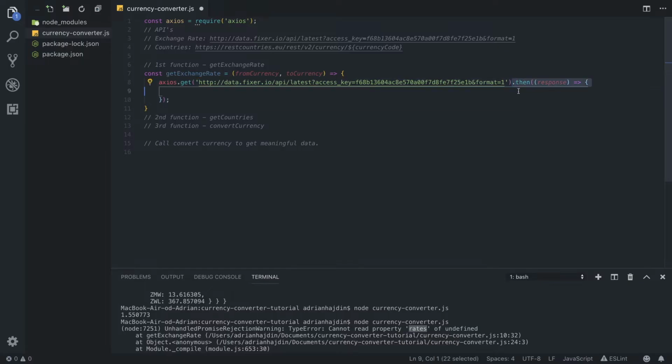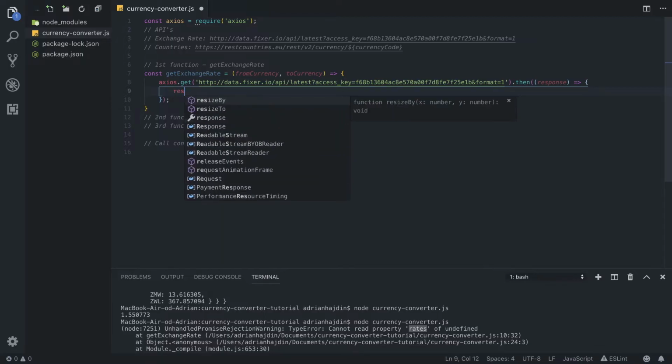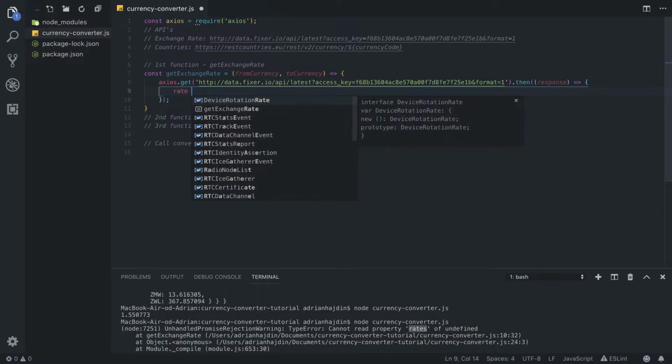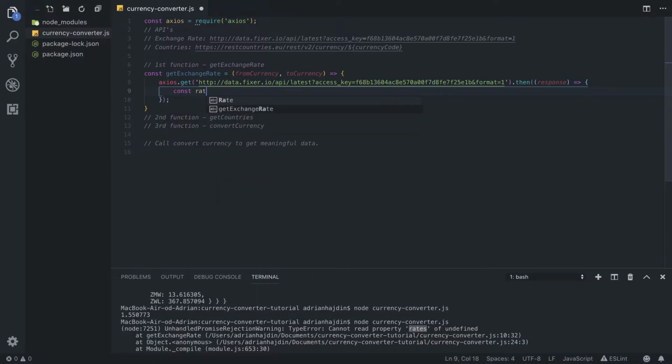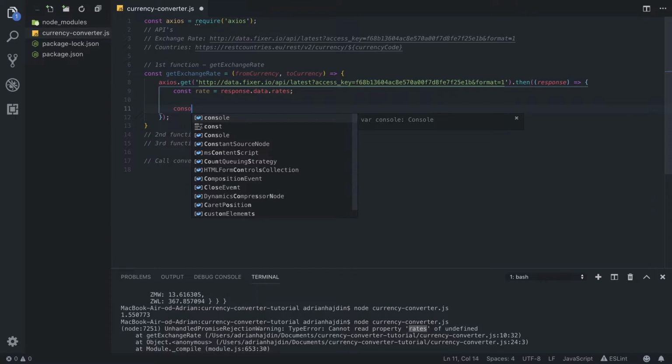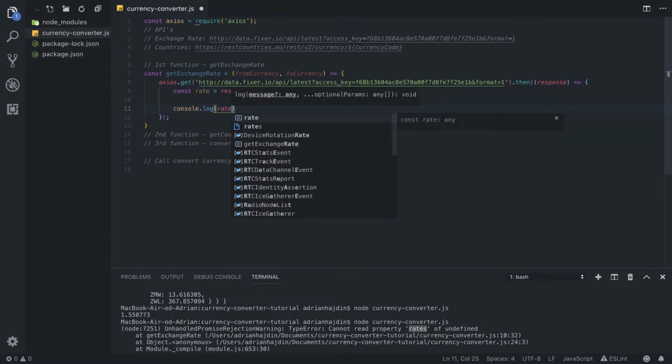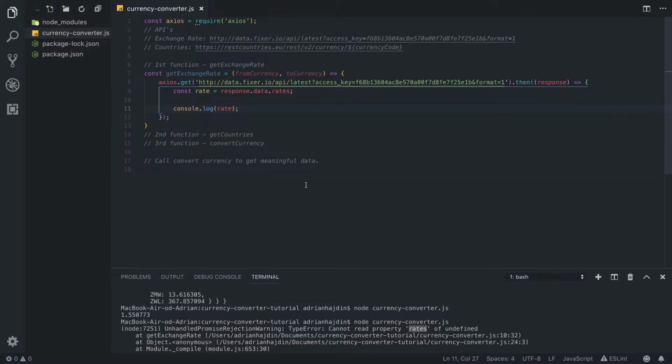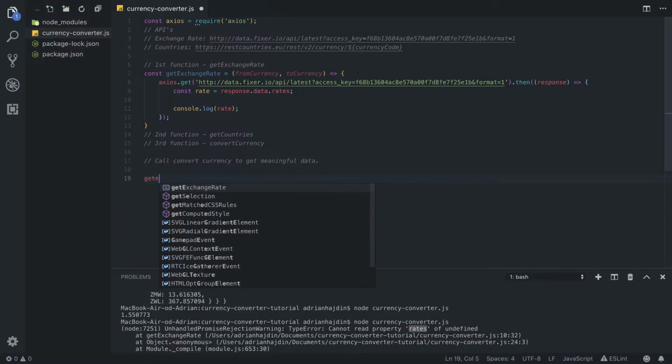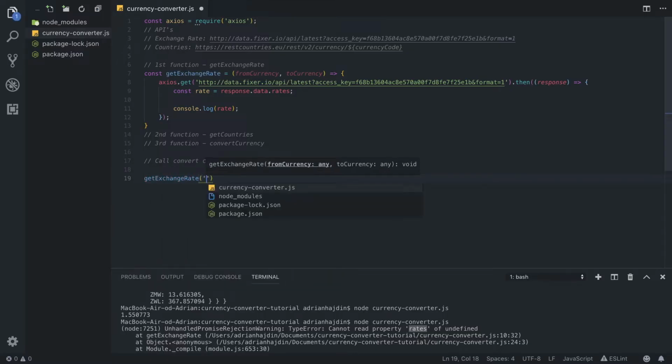With promises, we need to do that then, and then this arrow function, and here we got our promise. So we can write a rate, which will be equal to response.data.rates, and we can console.log rate to see what we get back. We can call our function here, getExchangeRate, with, let's say, American dollar and euro,